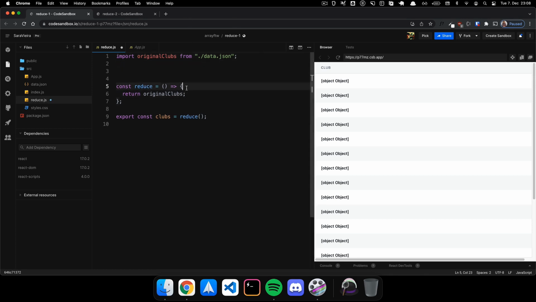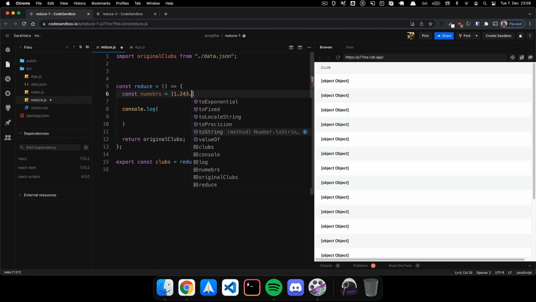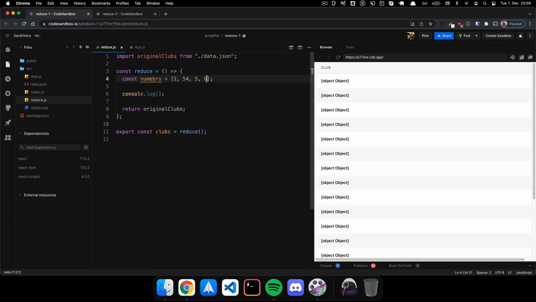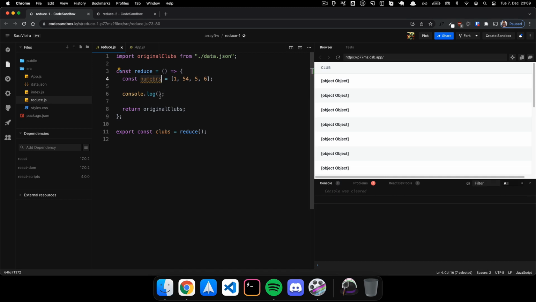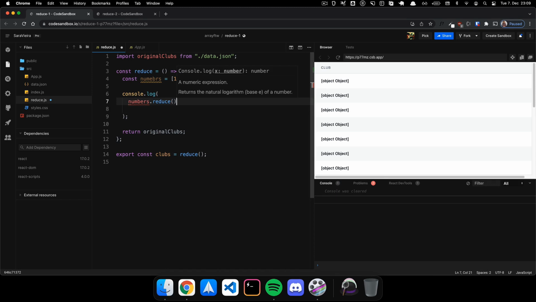I'm gonna do this here so we can console.log it because this is already running. So let me console.log and let me create an array here of numbers, which is always the example I see. So const numbers equals, okay, I should actually put actual numbers, and 6. And the example that I always see is: what happens if you add all these numbers? So you see something like numbers.reduce,